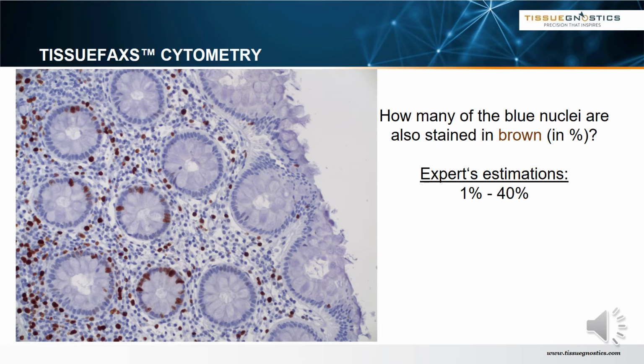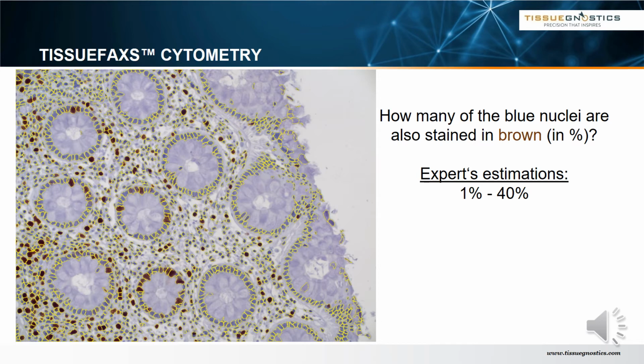The majority is somewhere between 10 and 20, but still this gives a wide range, and this also shows the main problem associated with visual evaluation. We always get a wide range of estimations rather than a reproducible one. In our TissueFAXS Cytometry platform, we use the nuclear marker as a master channel. The algorithms identify individual nuclei, indicated with the yellow contours in this image, and then measure and quantify for each